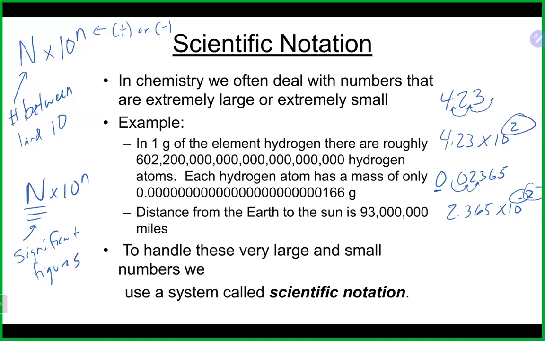So the question is, do you always have to write your answers and numbers in scientific notation? The answer for me is no, you don't, unless the instructions say to do so. But I will say that at some point when we talk about doing calculations involving significant figures, sometimes the only way you can get your answer to the right number of significant figures is to write it in scientific notation. So sometimes that's the only way you can actually write the number correctly with the right number of